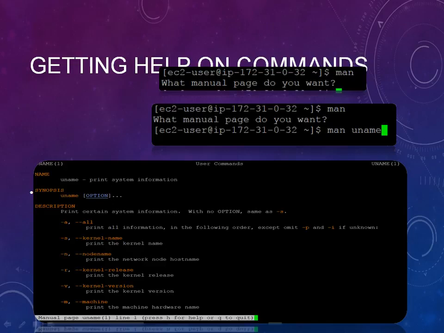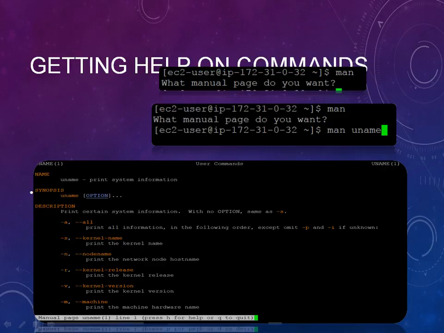Say I wanted to know about what uname is and why it is used. Here you can see, as soon as you type man and uname, it will give you the information about that particular uname command. Uname prints system information, and it gives you the synopsis and also the description of it.